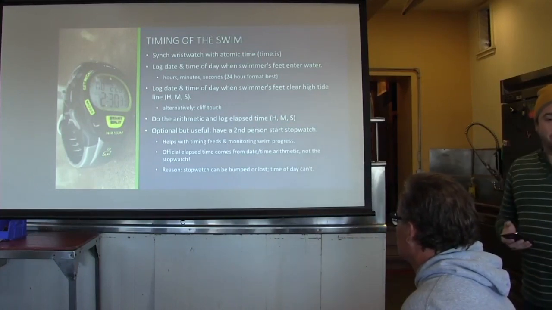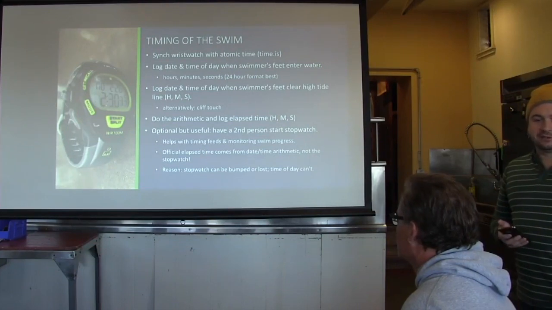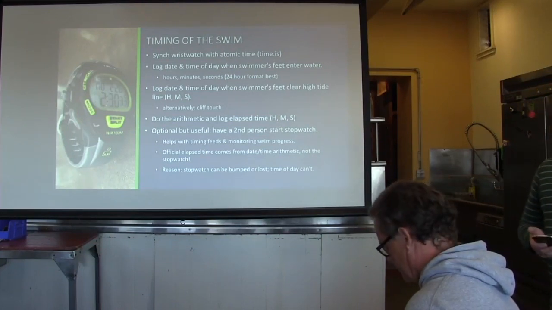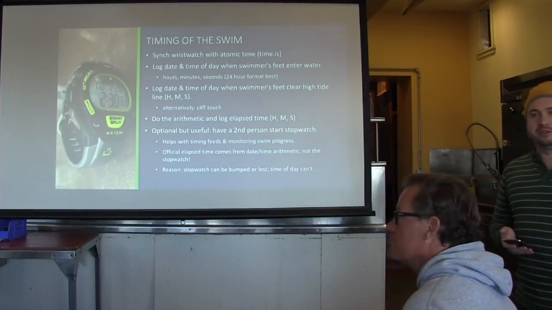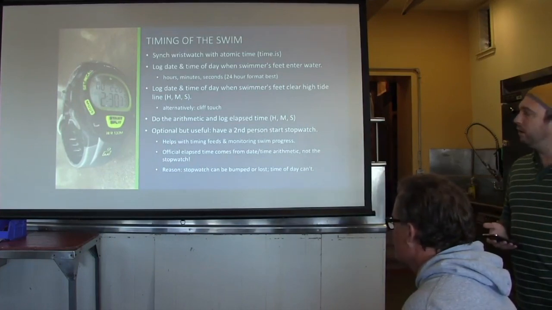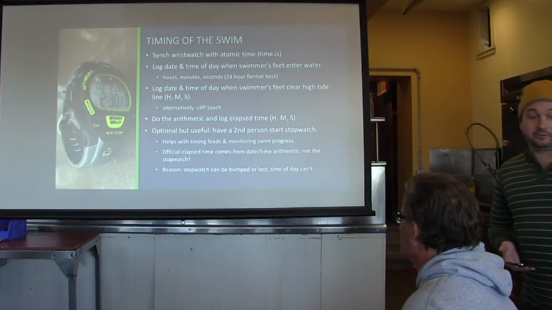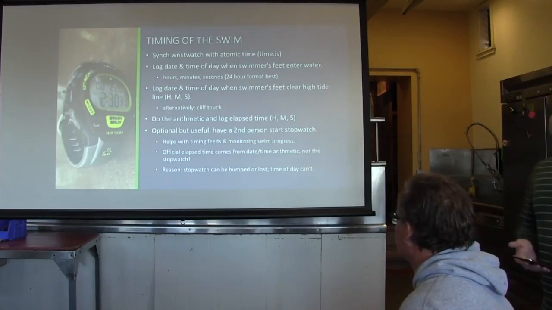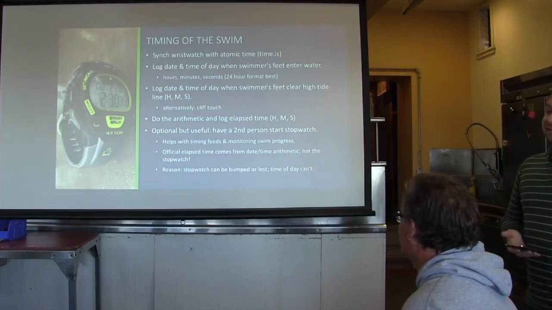Also good to have a stopwatch going. I use a stopwatch to time the feeds, so somebody feeds every half an hour. I'll look at the stopwatch and look for the half hour and the hour. And it's even better if you can get the swimmer to start exactly on the half hour and the hour. But that's not